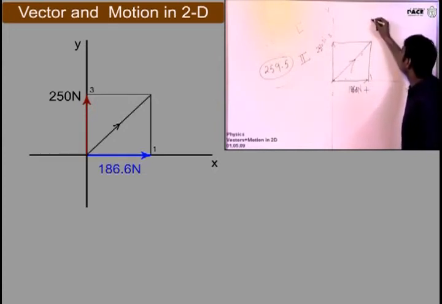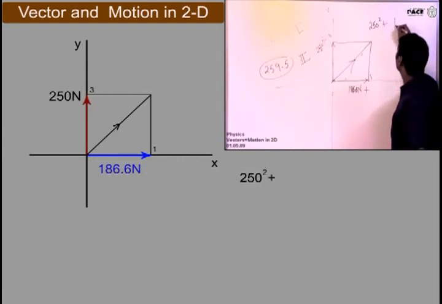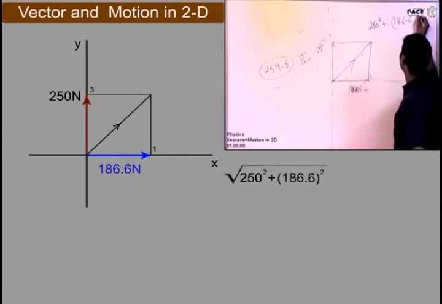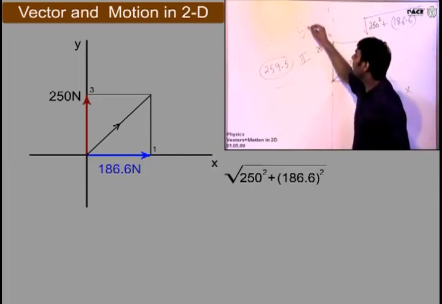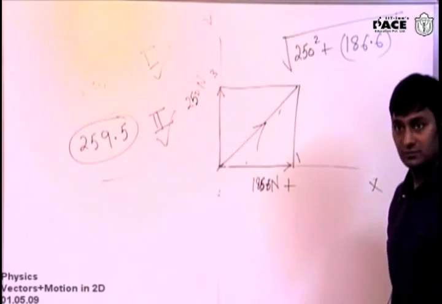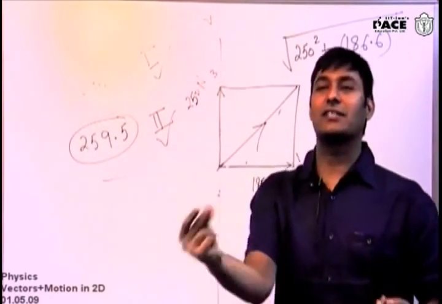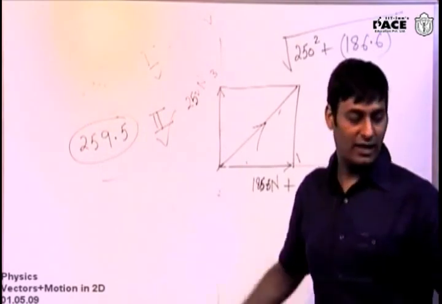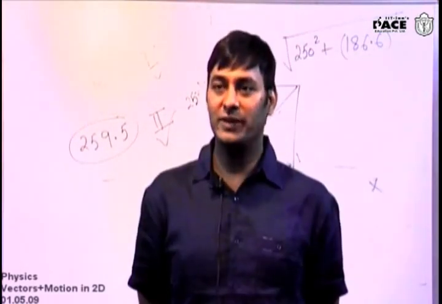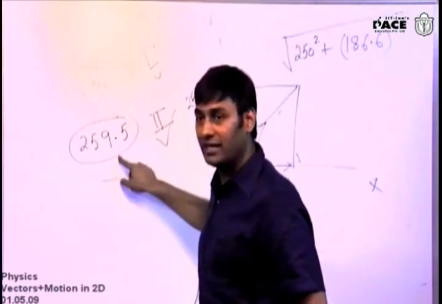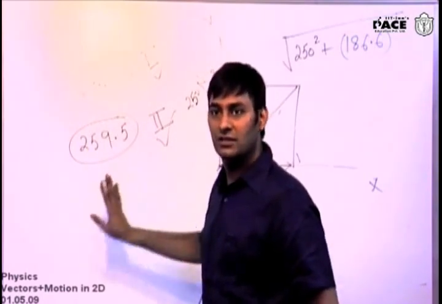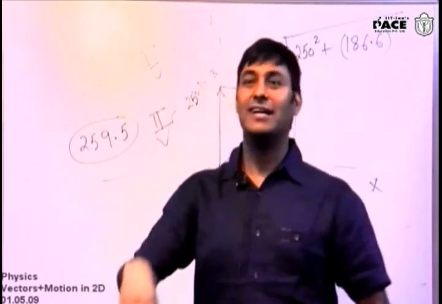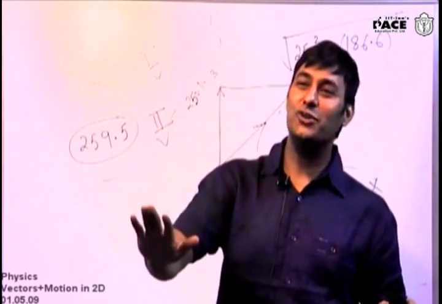I'll get the diagonal. How much is that? Root of 250 square plus 186.6 square. Sir, root of 73819.56. So is it matching with any of these two? Sir, no, sir. Someone please take your mobile and calculate fast. I want to decide. Please listen to me. None of these answers are matching, right? Yes, these are not matching. Right. So I am happy with that. Now, whatever is the answer, go home and check it out. That is the key.